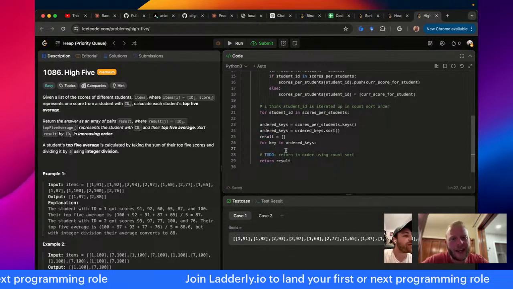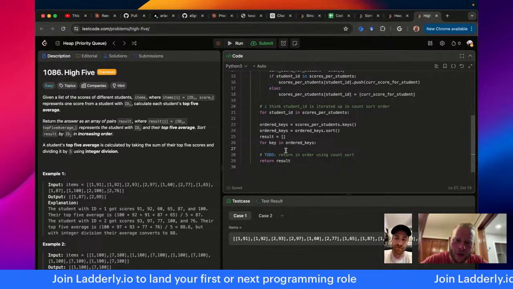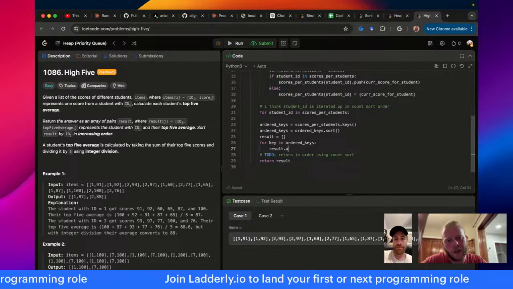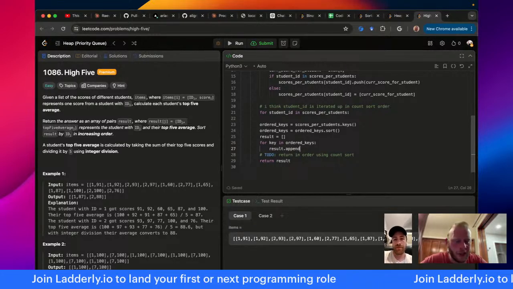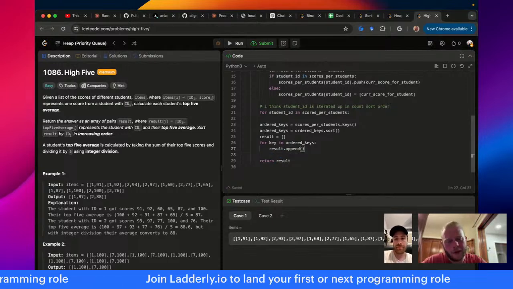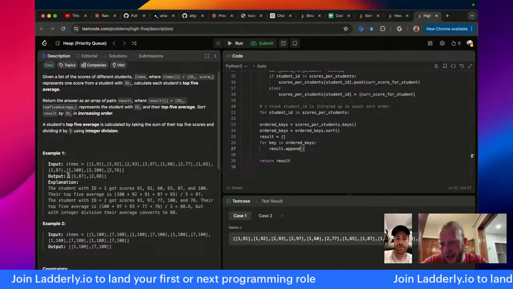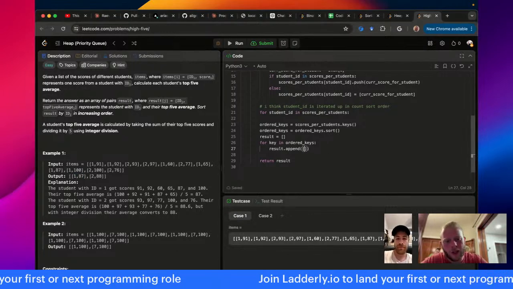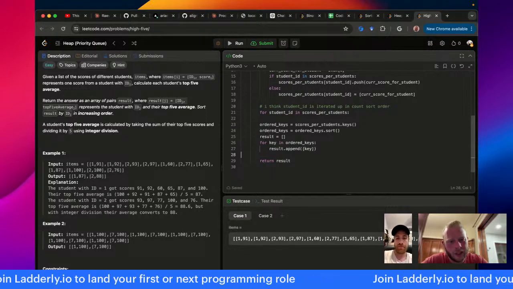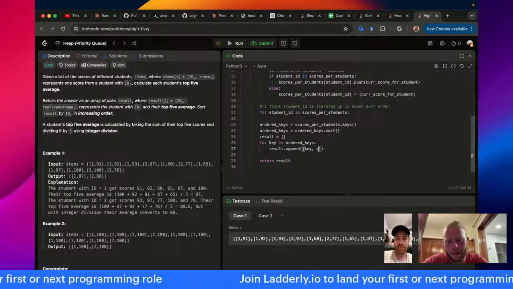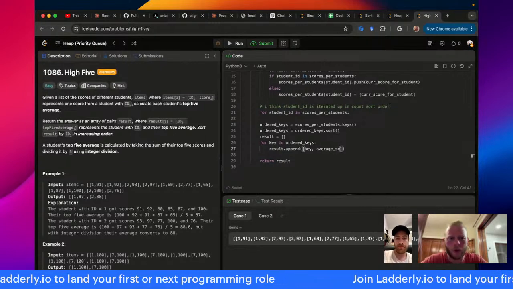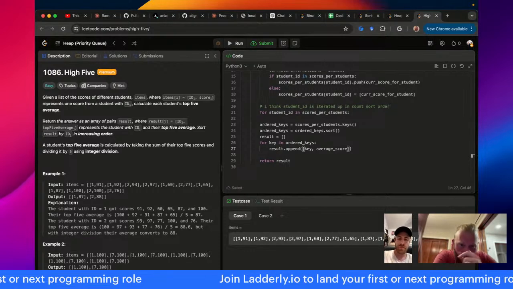So for key in ordered keys, now it should be a count sort basically. This will either be a 0 or 1, whatever is the minimum value to begin with. And so here I can literally append on result, as it's append in Python world. And what am I appending? I'm going to have the key, the student ID, and then the average score.